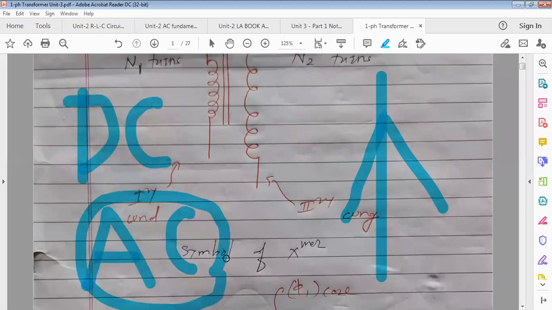How can we find out the direction? Whenever a current carrying conductor produces a magnetic field around it, how to find out its direction? What do we use? Ma'am, right hand thumb rule. Very good. Right hand thumb rule. Okay. So any current carrying conductor produces a magnetic field around it. If you are passing DC current, it will produce a stationary magnetic field. If you are passing AC current, then it will produce a changing magnetic field, which is not stationary.